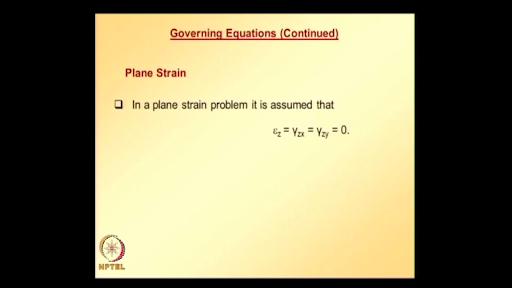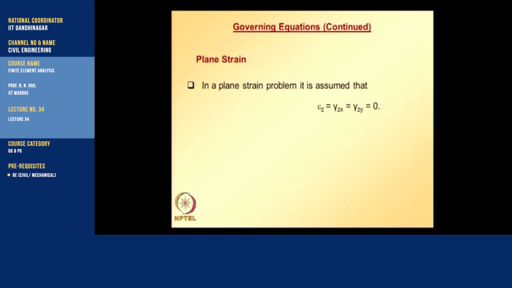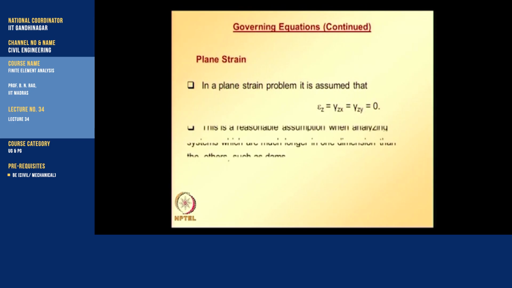In a plane strain problem, it is assumed that epsilon z, the out of plane normal strain component, and also the shear components gamma zx, gamma zy, where gamma xz is the same as gamma zx and gamma yz is the same as gamma zy,